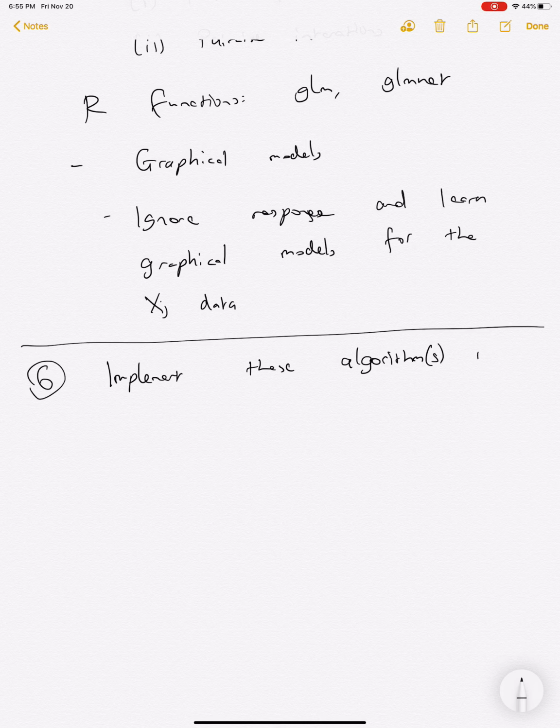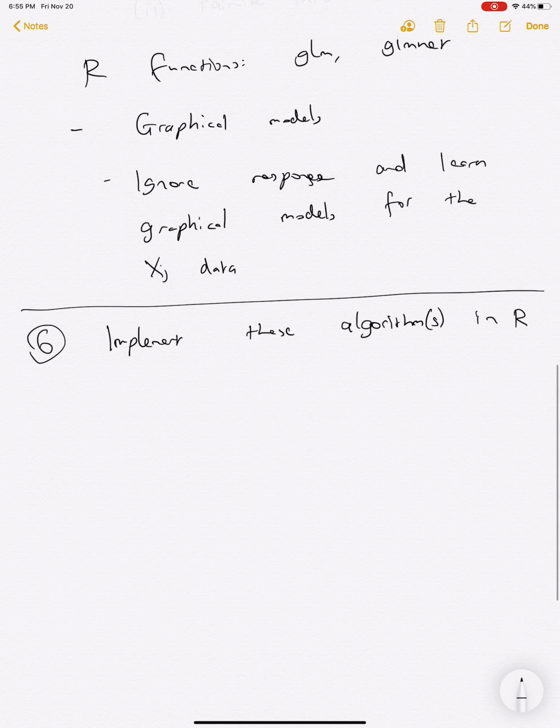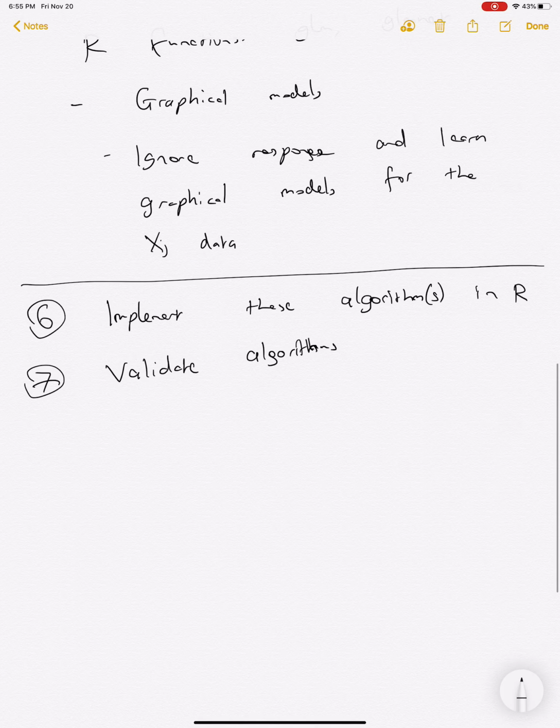Then validate the algorithms. The reason I'm going to talk about these together is because how you actually do your implementation is going to be influenced by how you choose to do the validation. So it's very important to think about how you're going to do your validation while you're doing the implementation. And this is going to lead to the idea of